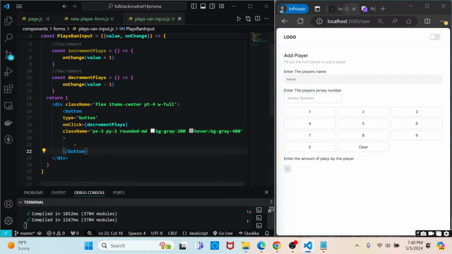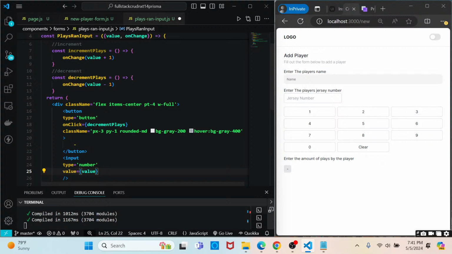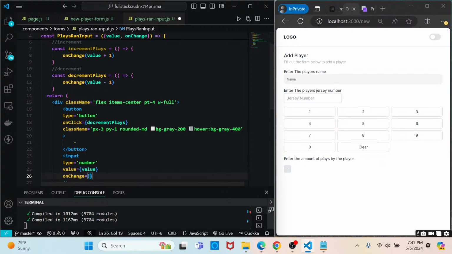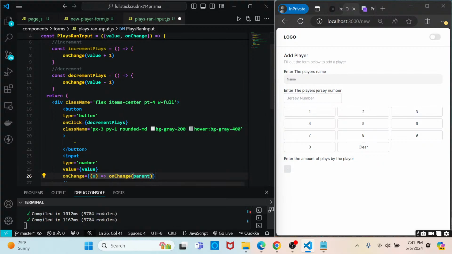So now outside of this button, let's add the input next. And the input is going to be a type, which is a number, or a type of number, excuse me. The value, we want it to be the value that we actually see on screen. On change, excuse me. As it changes, what we want is we want the on change handler to run, and we want to parse the numbers,